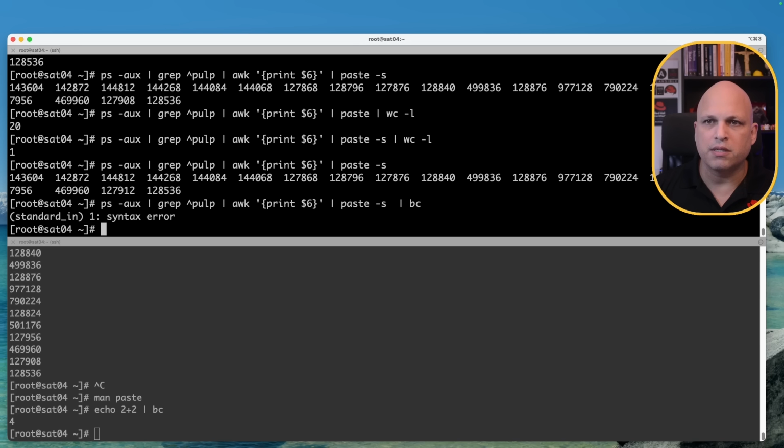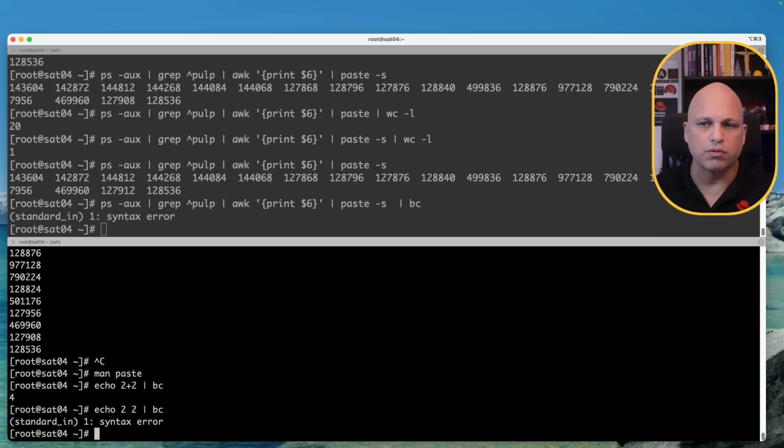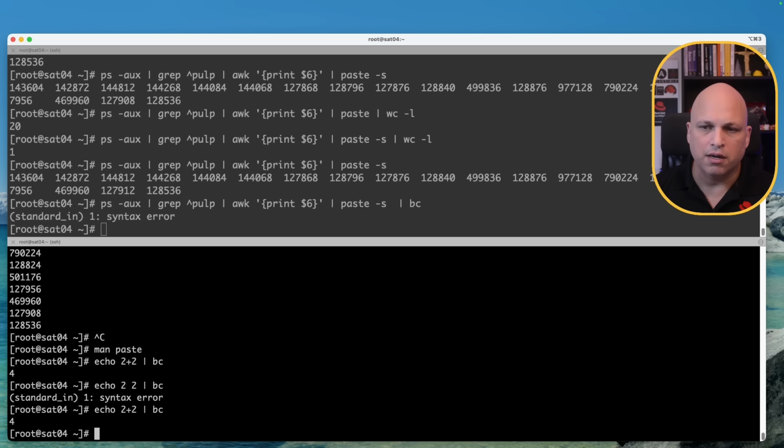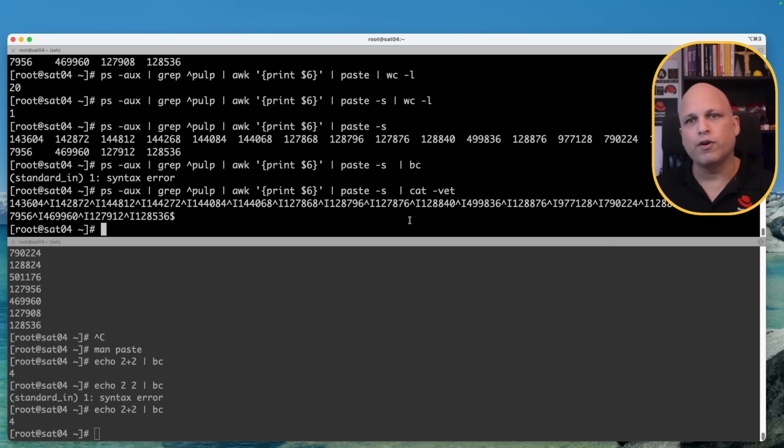If I pass this to bc, bc is going to get crazy, because it is the same as doing something like this, 2 and 2. bc has no idea, no clue. Something is missing here, which is the plus sign. Can I change the separator over here? Yes, we can. But let's take a look with cat -vet. If we take a look, you already know this. We have the first number, 143,604 and